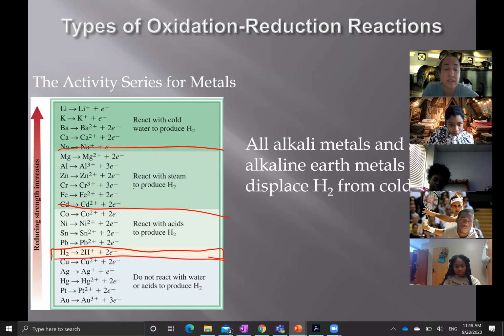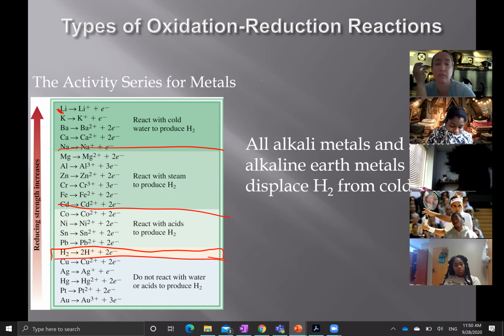But the sections are separated by their strength, but also to let you know that lithium, for example, is so strong at losing electrons that all you've got to do is drop a little bit of cold water on it, and it's going to immediately produce hydrogen gas. That's how strong it is, because it's going to lose that electron and displace hydrogen gas. So lithium solid plus water: the hydrogen gas will be expelled, because that's the whole point of this. So H2 will be expelled, and then you'll have an Li,